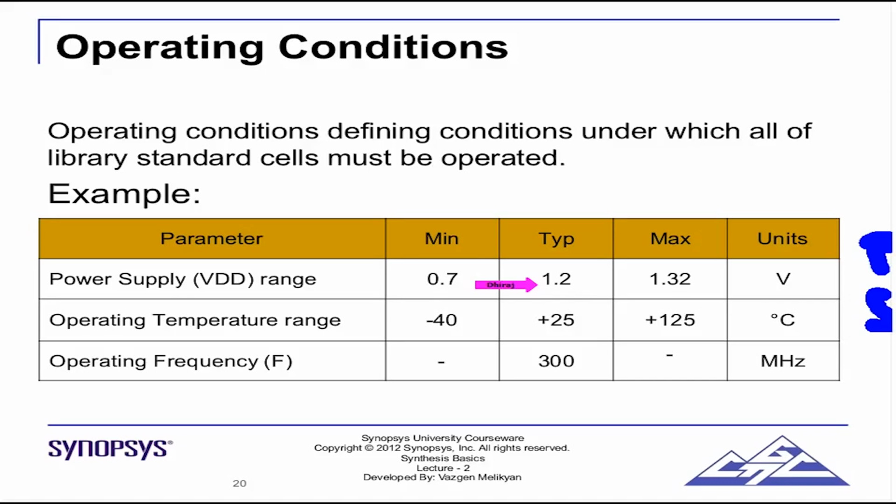Now, in synthesis, we always choose a library which is on the slower side, because the output of synthesis is a netlist which is optimized for speed. So we need to make sure that our design, even when the NMOS and CMOS are slow, even when the voltage is not VDD but 10% less than VDD, even when the temperature is high, 125 C, should meet the timing requirement. For example, if our operating frequency is 300,